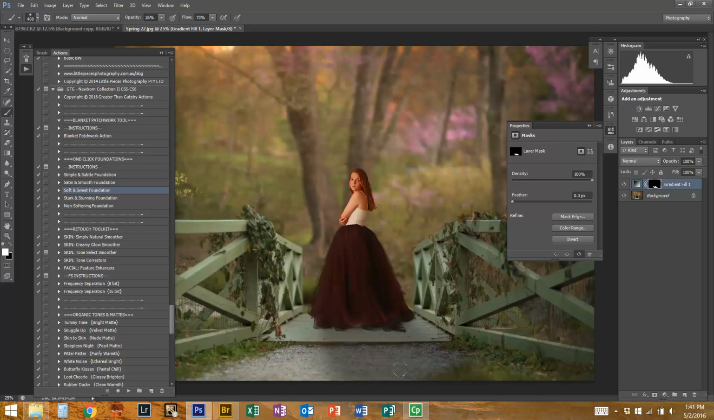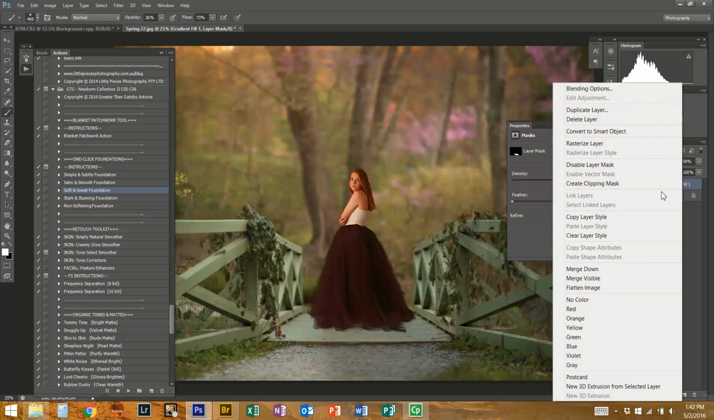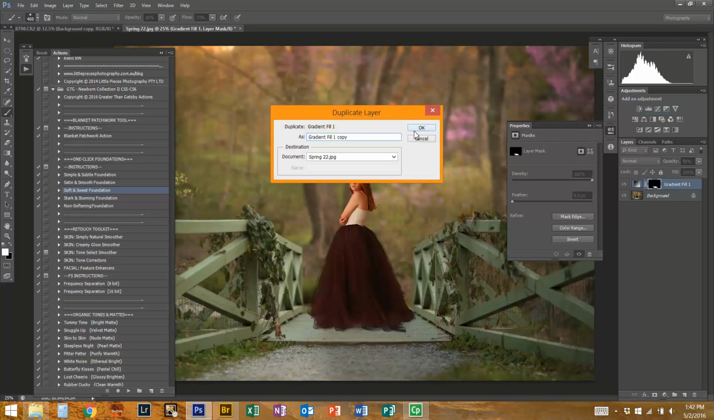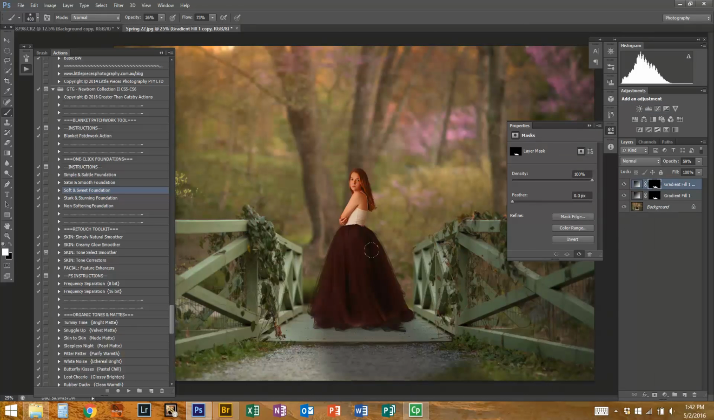But you want it to be darker around her. And I'm going to turn this down to 50%, maybe a little bit more. Turn it down to about 60. And then I'm going to actually create another. I'm going to duplicate that layer. And then I'm going to go in and I'm going to delete off